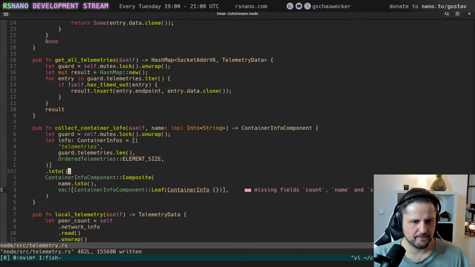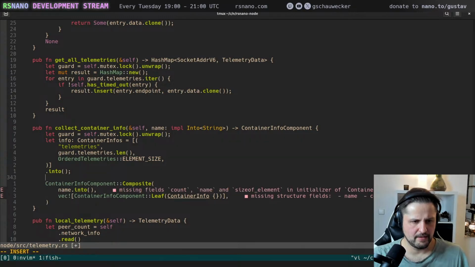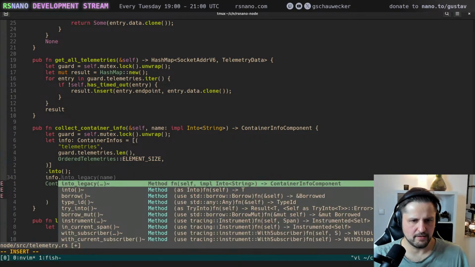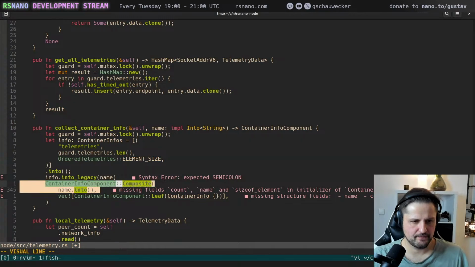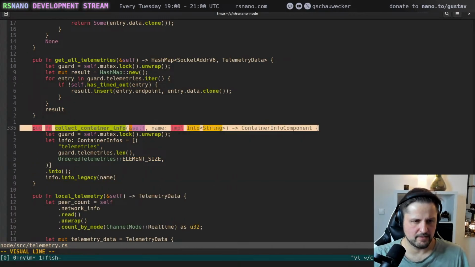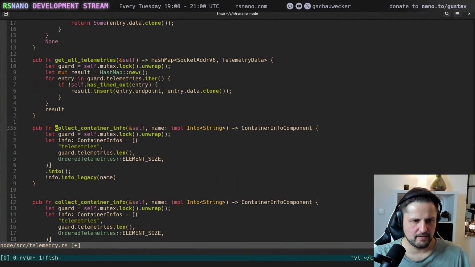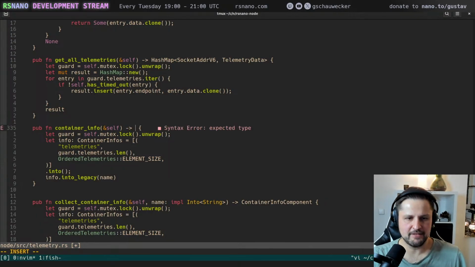And this is now info.info legacy name. So copying the name. Maybe this is something where ChatGPT or something could help, because this is a repetitive task.